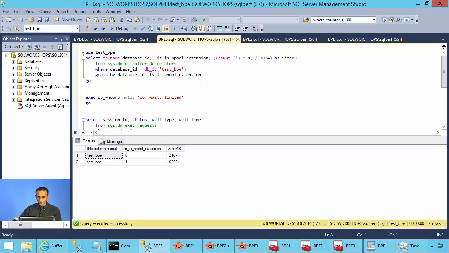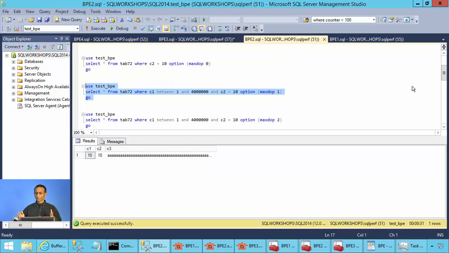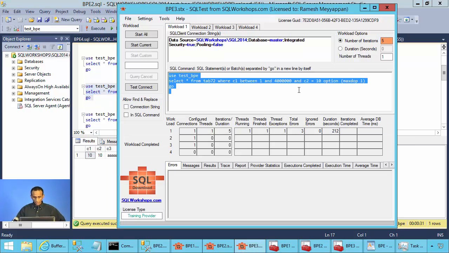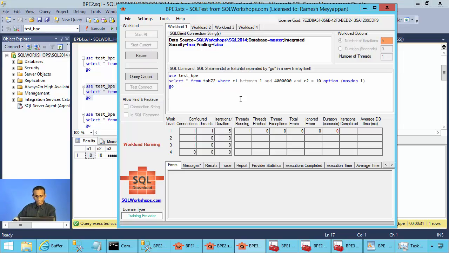Now what I am going to do is execute the following query. This query selects from tab 72 where C1 between 1 and 4 million, that is half of the table, and it says C2 equal to 10, so it will be a range scan looking for value C2 equal to 10 with MAXDOP 0. Let's cut and paste this query in our tool, and let's execute it 5 times. Start current. Let's go to our